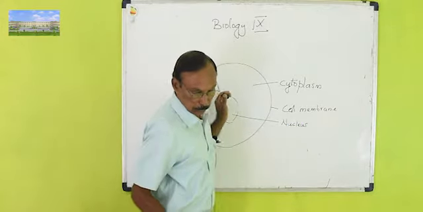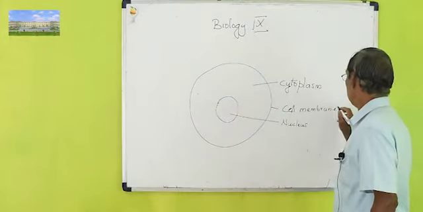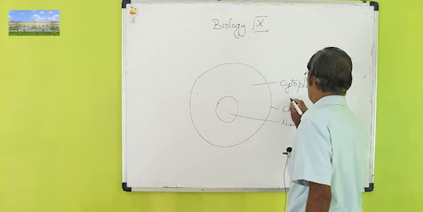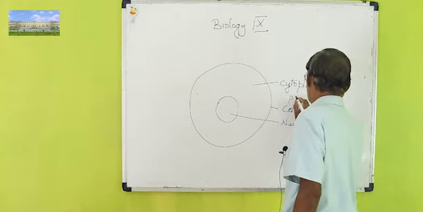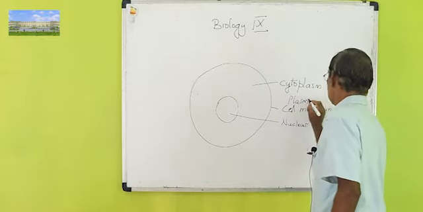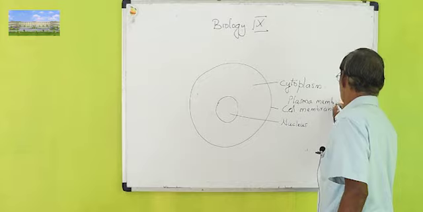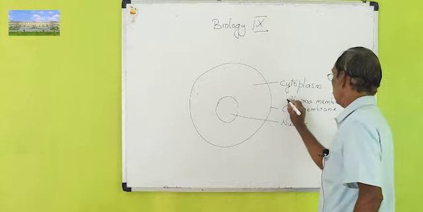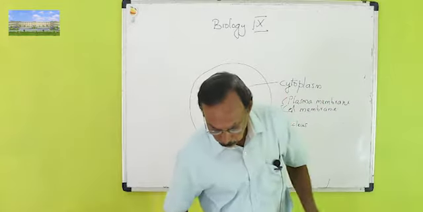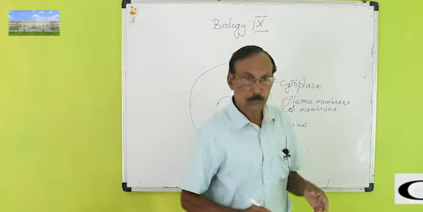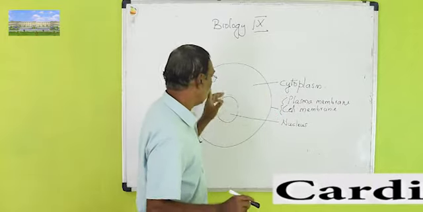So a cell contains a cell membrane. Another name for the cell membrane is plasma membrane. Both names are the same and can be used. Then the nucleus and cytoplasm. Now first we are going to discuss the plasma membrane, the outer covering of the cell.